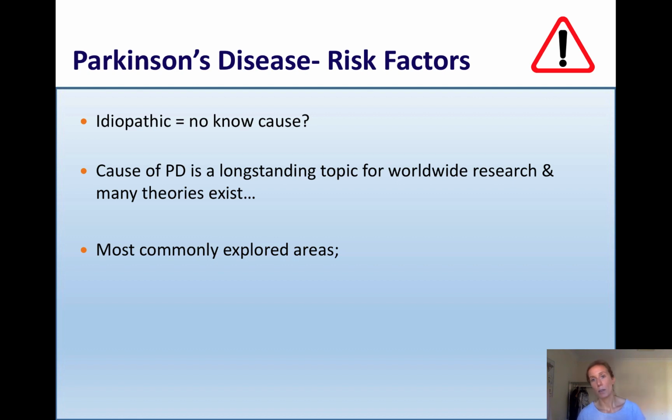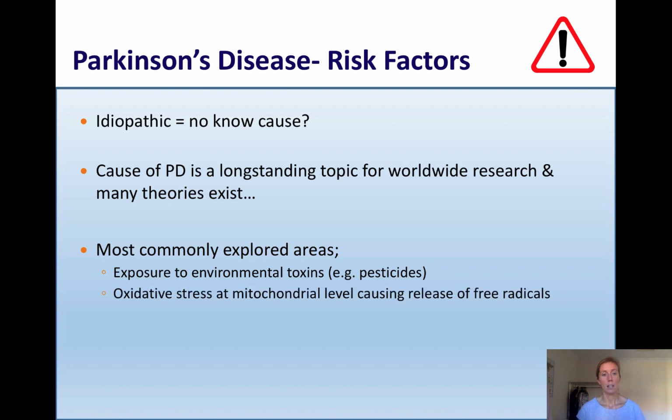So the causes of Parkinson's disease, it's a long-standing discussion in worldwide research, and there are a lot of different theories, but the most commonly explored areas are the following. Exposure to environmental toxins, so chronic exposure to things like pesticides is potentially seen as a risk factor. Oxidative stress at the mitochondrial level is a natural process which occurs with aging, but it ultimately causes the release of free radicals that we know can basically wreak havoc in the body